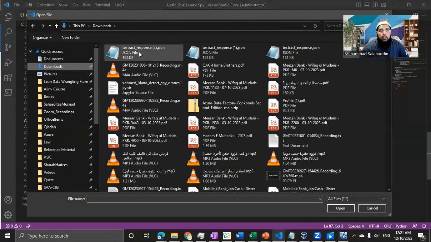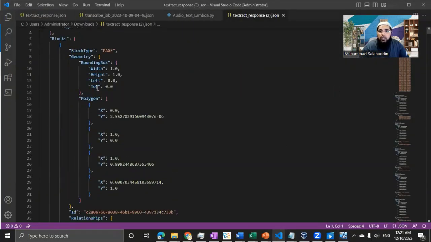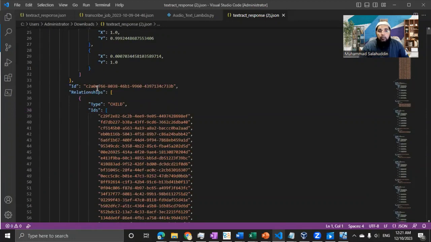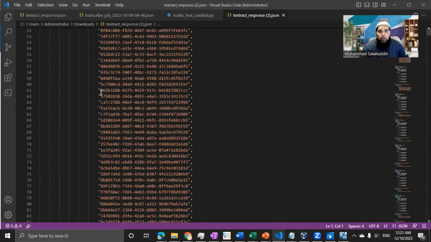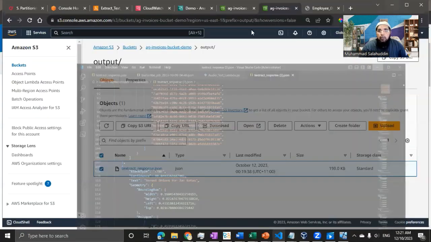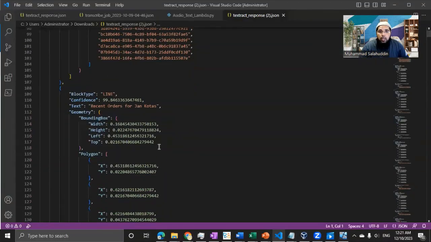So if I come in here, that's the response. You can see page, it has extracted all that information. Now, because I have already opened the image, what I'm going to show you is recent orders for Jan Kotas. Let's see if it happened. Recent order for Jan Kotas. So you can see it identified that part. And then if I come in here,